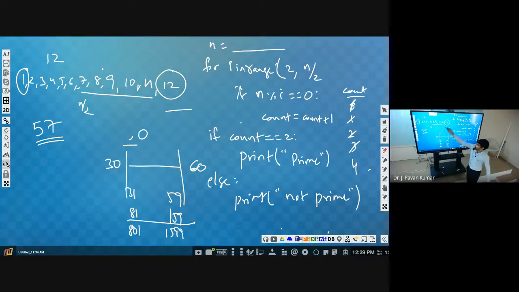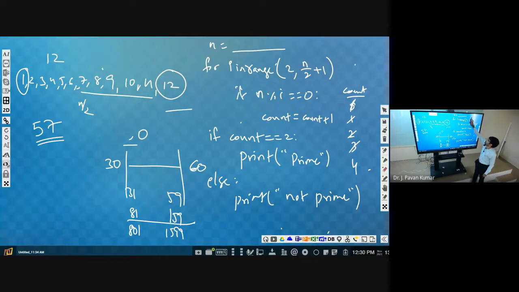Why? Because for 12, what is n by 2? It is 6. So 2 to 6 will consider only up to 5, but 6 is also a factor of 12. So we have to consider up to n by 2 plus 1.